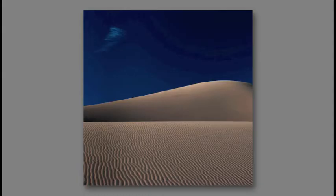This is photographed by Dane Reist. Oh yeah, I love this. This has such a soft feel to it, and not soft as sharpness, but just the amount of curves in this photograph. This is all about shapes,